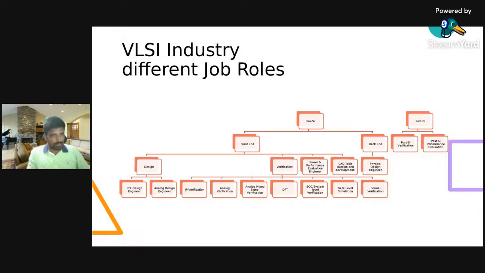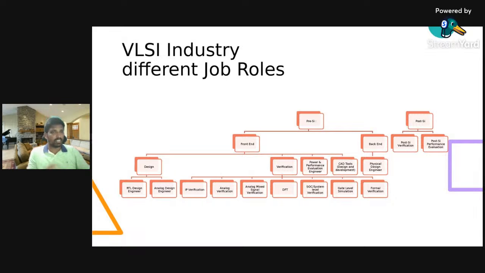And then comes the post silicon. In post silicon, we have post silicon verification, which makes sure that functionally we do not miss out any bugs, and all the project criteria are being met as per the architecture spec. And like we have performance in the pre-silicon, we also make sure the numbers that we are viewing in the pre-silicon are also maintained at the post-silicon. So we have a performance evaluation team sitting on the post-silicon also, which gives us the actual numbers,